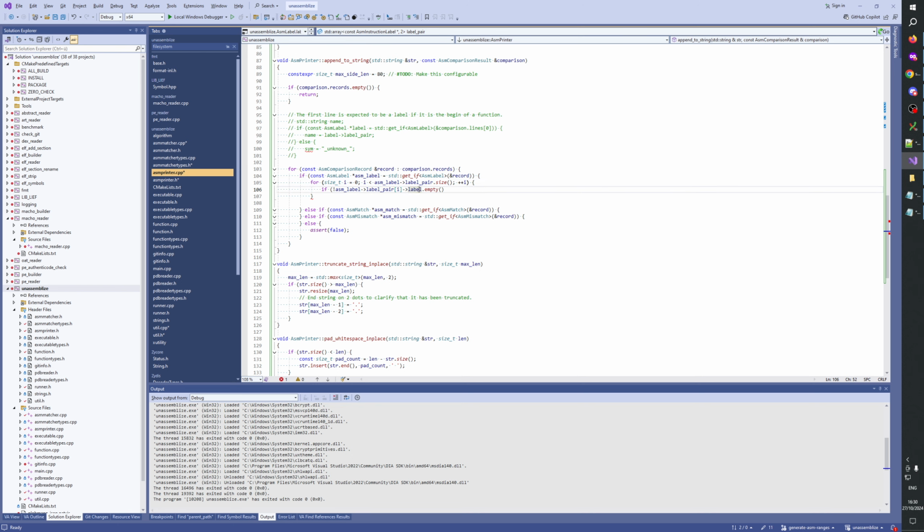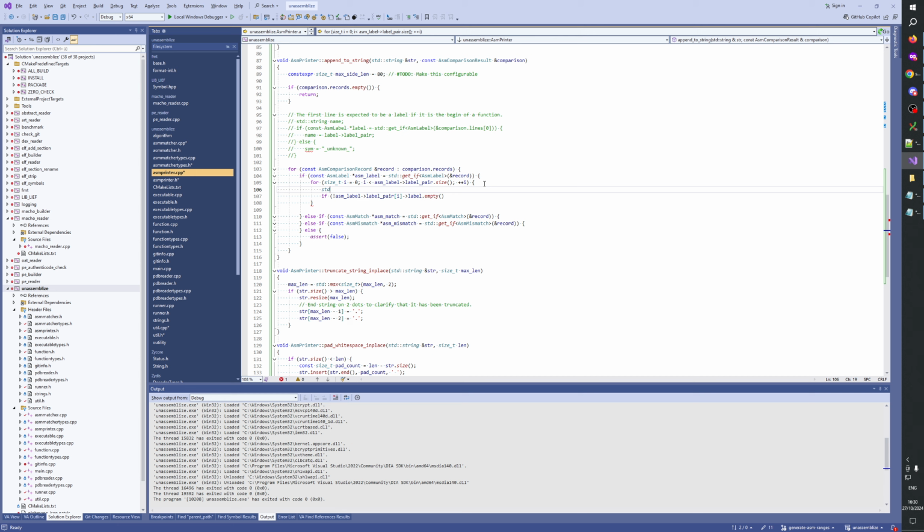Label pair. Let's do const std string label. If not label dot empty, then